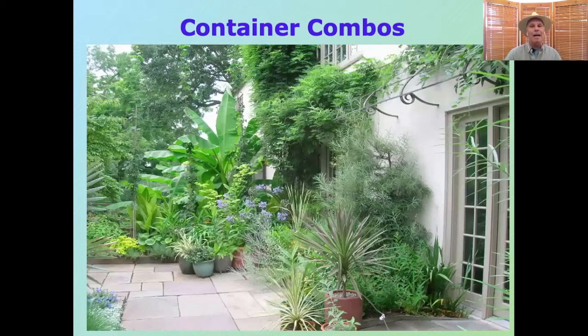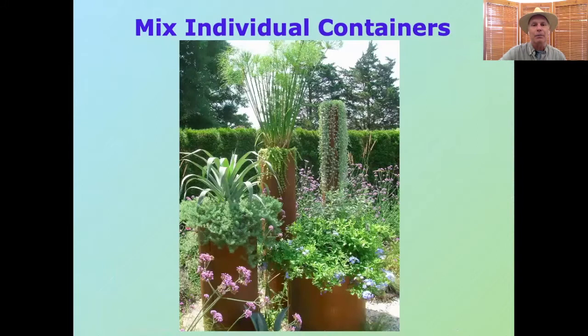All right, let's talk some combos. Container combinations, ways to put containers together to look beautiful. You can do them in a number of ways. You can certainly, and I'll show you examples, have one container with many plants in them, or you can do